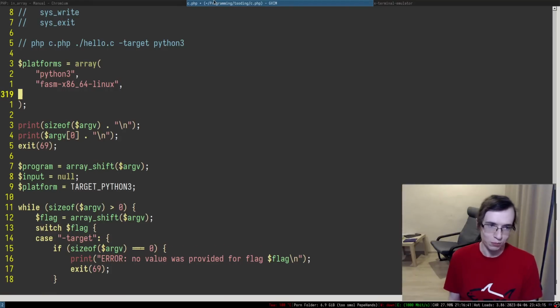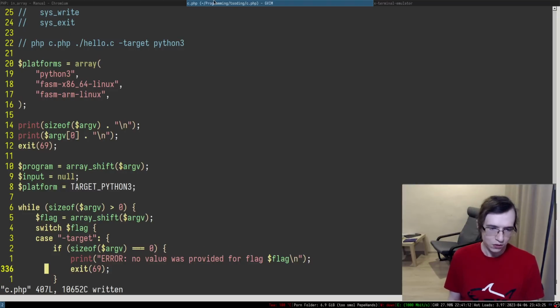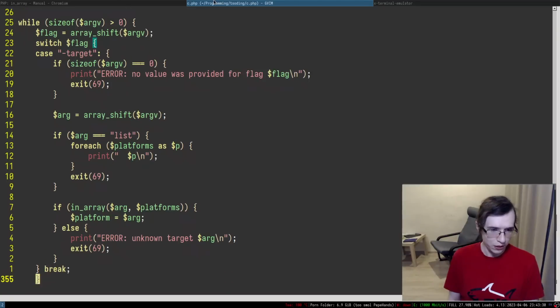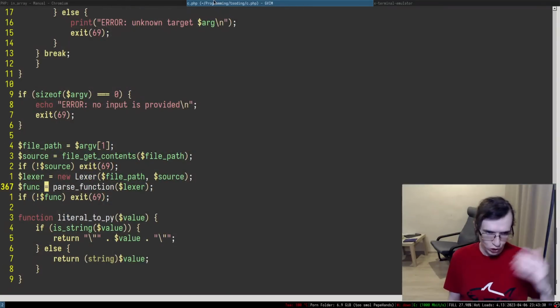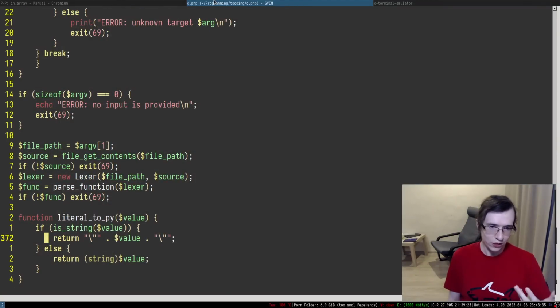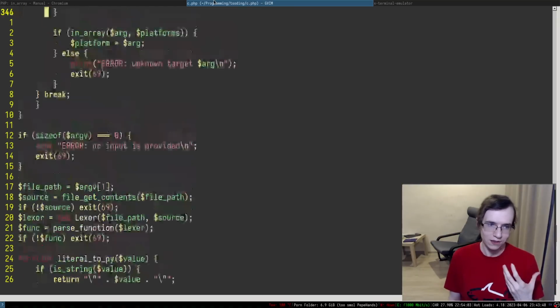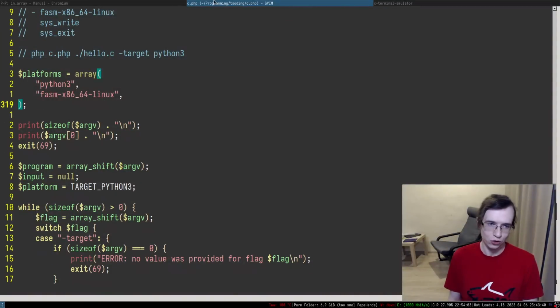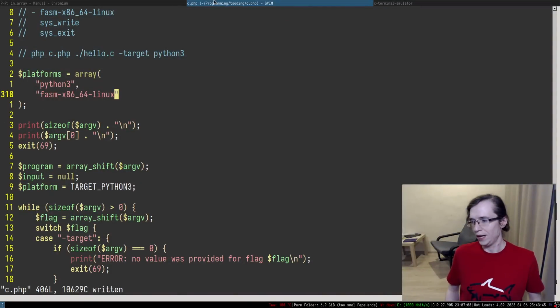One of the things we can maybe add in the future is, I don't know, ARM, but I mean, fasm doesn't support ARM, but it doesn't really matter. So something like ARM. We have to modify only this place. Then we're going to have to modify this particular specific place. And in the future, in that switch case down below, when we're going to do different generations, we're going to have an unreachable case, which will remind us at runtime that we have to add something. So we have a single, centralized place where we can add all of the platforms.